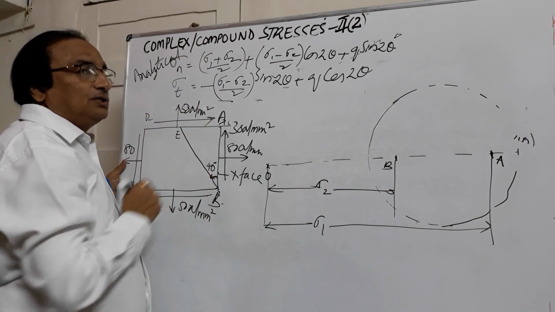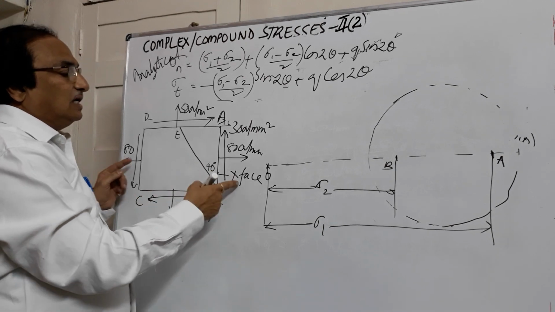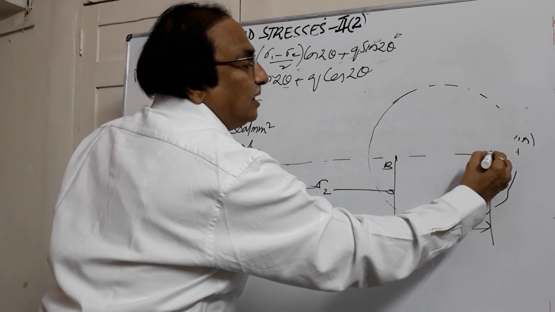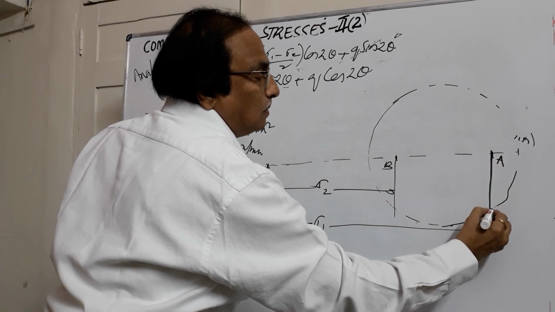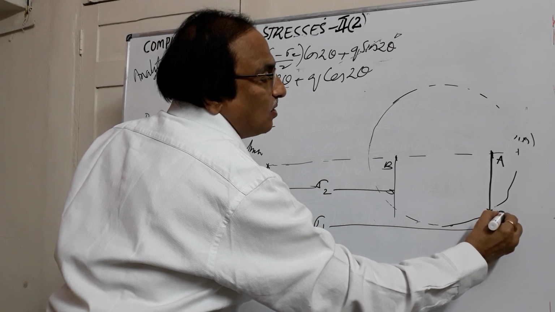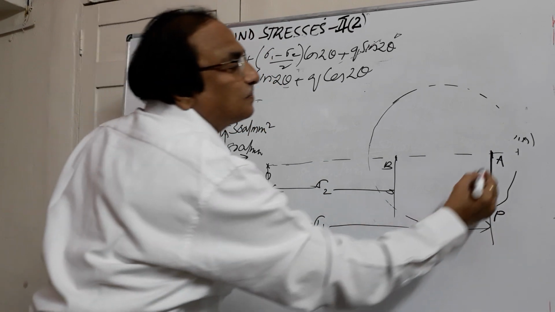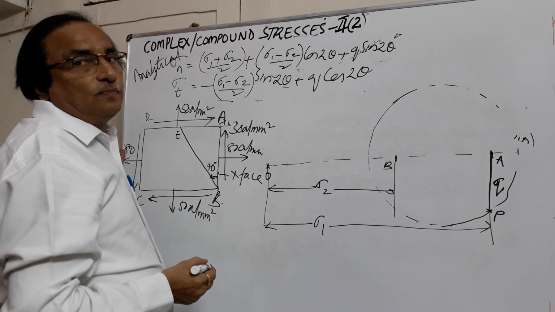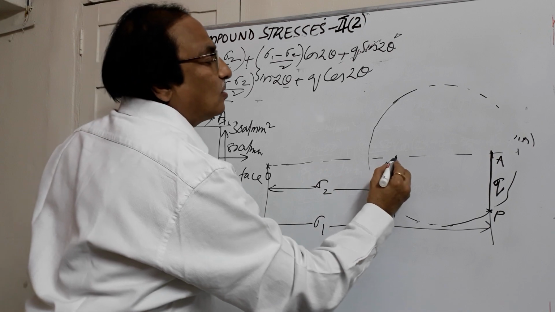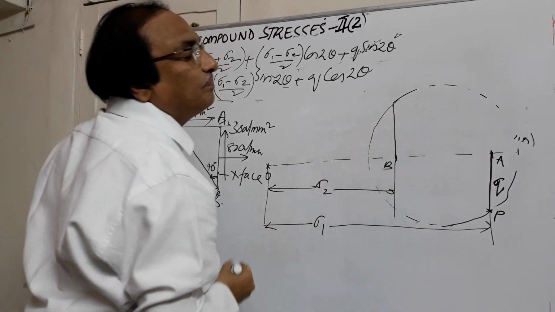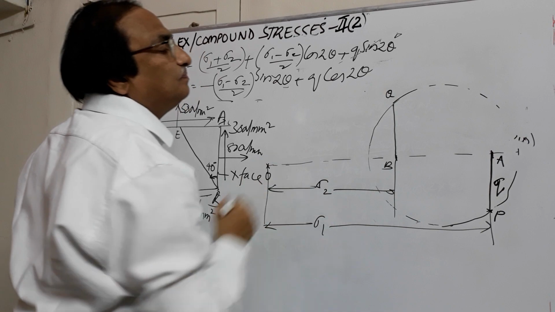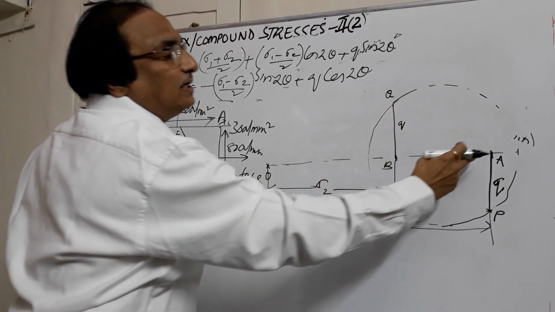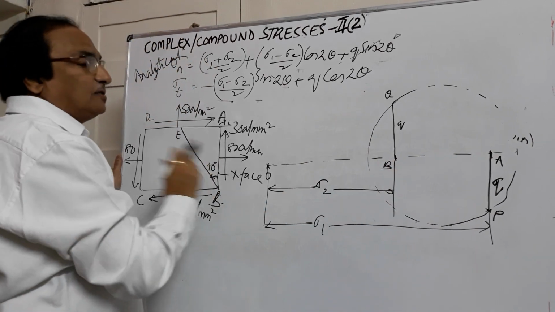Here we have got the shear stress, and shear stress on the x face is anti-clockwise, which means it is positive. So from A, draw a line down. Suppose I call this P. This AP will represent the shear stress Q at A. At B, draw a line up. Let us call this Q. This value BQ will again be equal to Q. So here it is down and here it is up if it is positive.